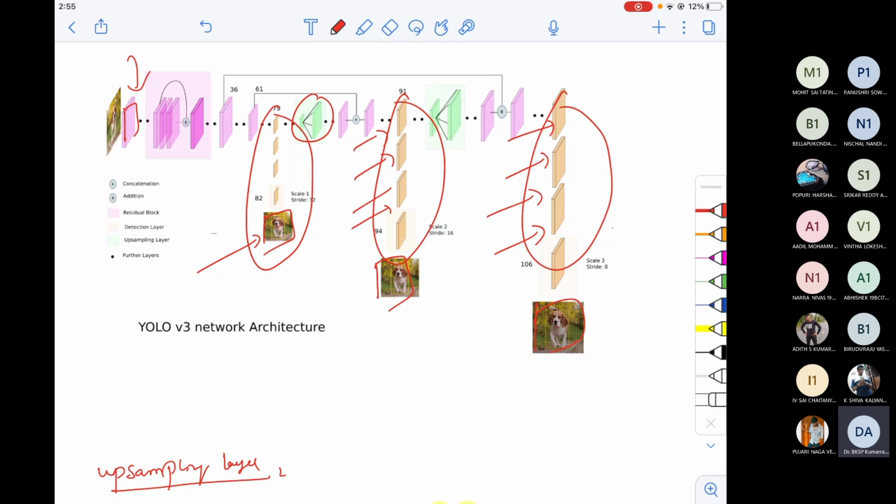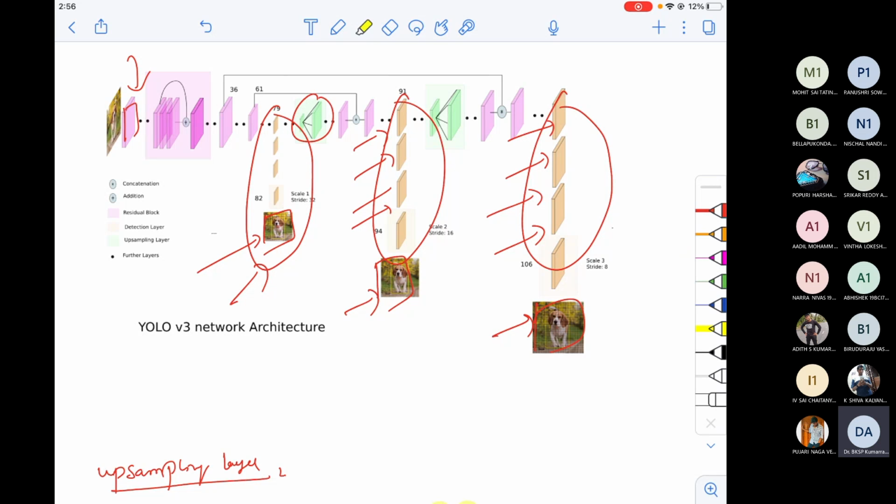By the time you reach YOLO V3, your understanding will be very clear, because from the beginning we are going at a very slow pace to understand this. The only difference is that drawing 9 anchor boxes is fine, but we will not be drawing at a single feature map. This is one feature map, this is another, and another. For every grid we'll draw 3, 3, 3, and each output will have the responsibility of detecting differently scaled objects. That's the only difference.